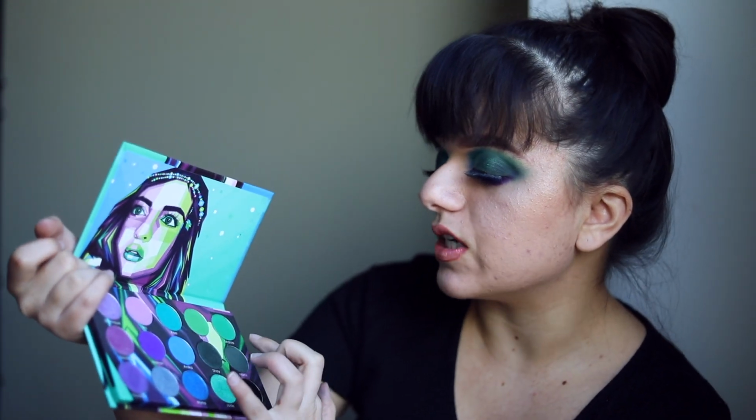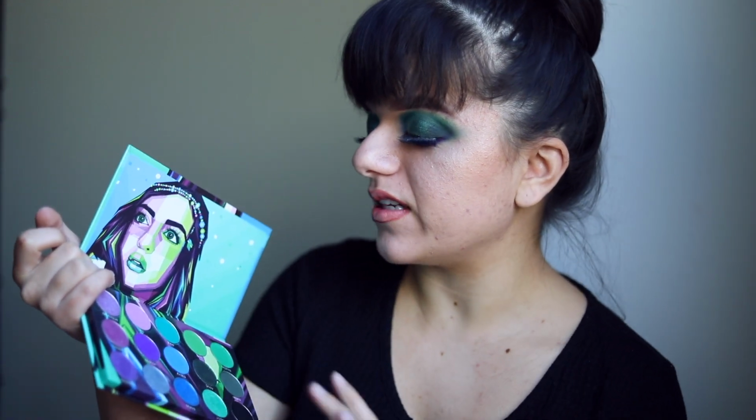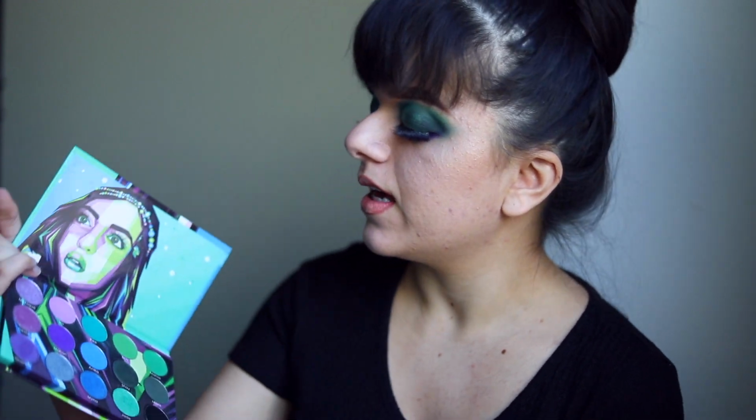Then these two shades are quite similar, but I just love them so much. These are Erin and Mahi. I really like Erin a touch more because it has so much yellow in it, and I really do like a very yellowy green. These two shades are very, very beautiful. They're pigmented, they're buttery, they're soft, they're easy to blend, and they really pack a punch on the eyes. Then Mani is actually one of the least used